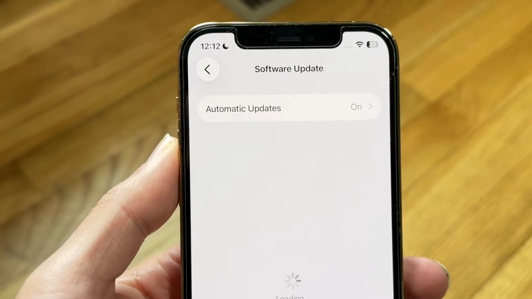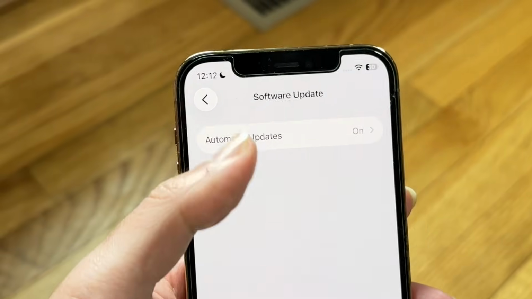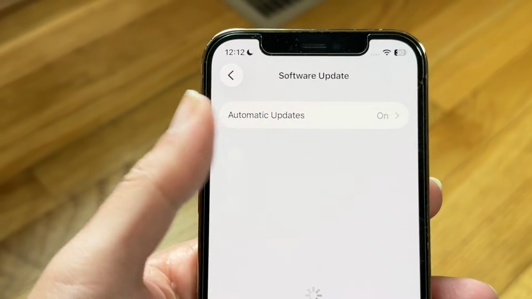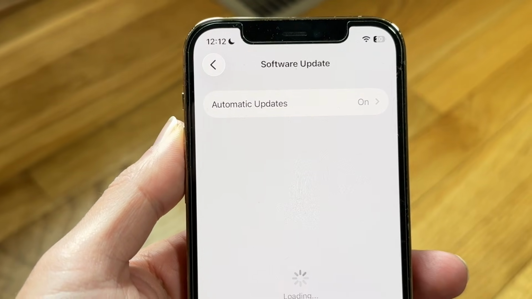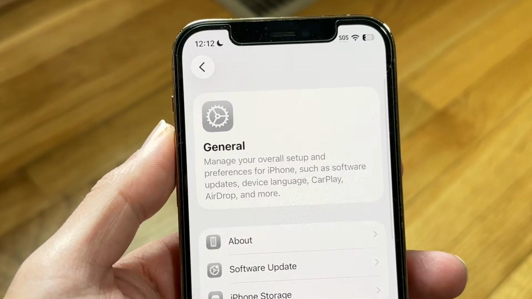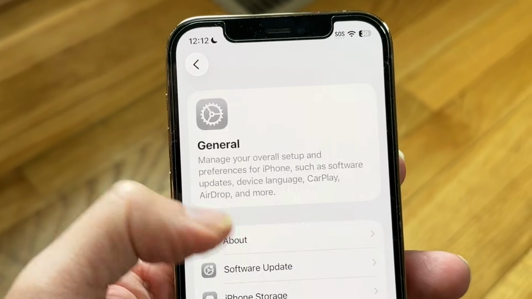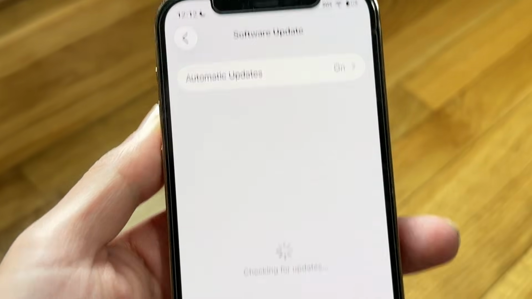So you might be in a situation where for some reason iOS 26.2.1 isn't actually showing up or this update is missing. Now, this can happen for a couple of different reasons. So if you're trying to update your iPhone and the update's just not showing up or missing,